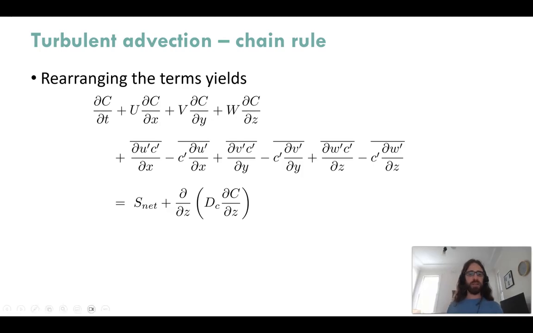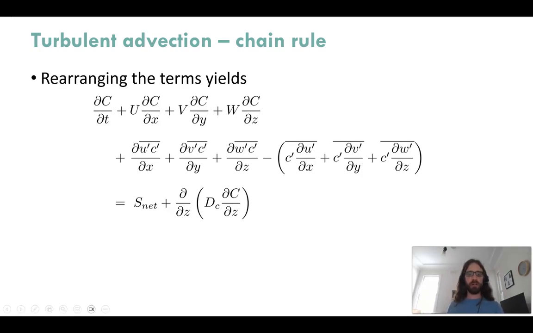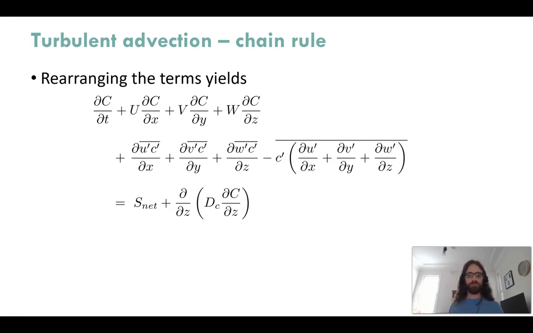Now, what we can do is group together terms that are alike. For instance, we can move all of the terms that have a leading fluctuation of c to the right-hand side. And what you can actually do is factor out this c term in front of the parentheses and apply the averaging operator to the addition of all of these derivatives. So this is just maintaining some of the same averaging operator rules that we already used. So if we factor out these fluctuations of c, we're left with this expression in terms of the velocity derivatives